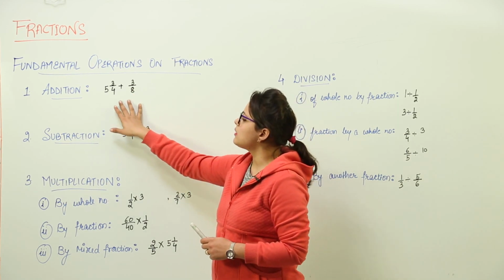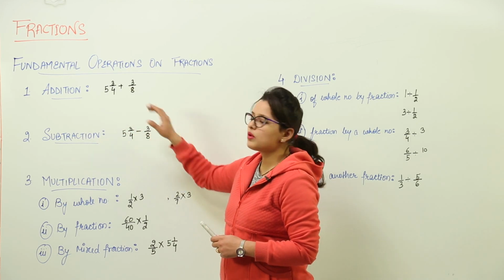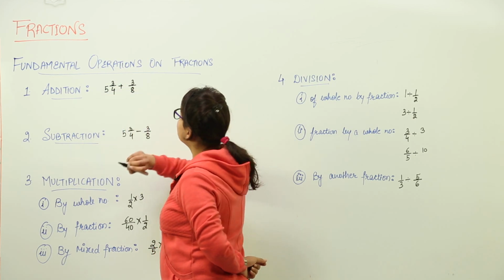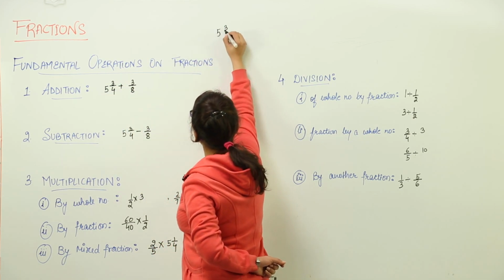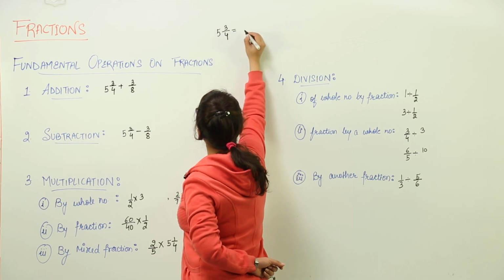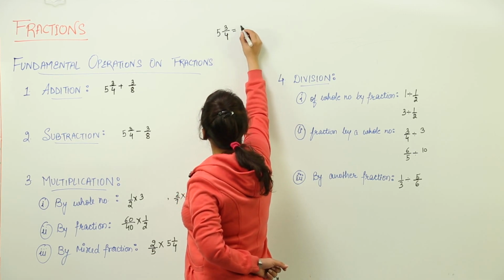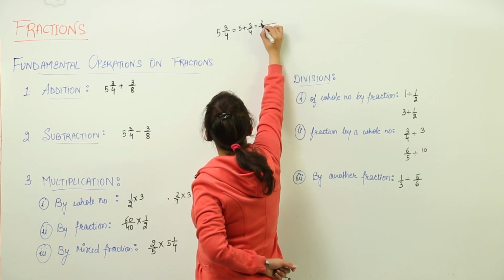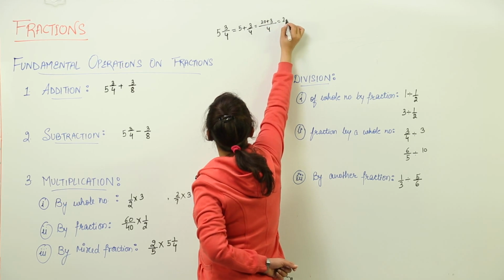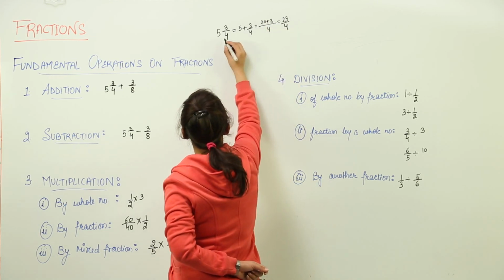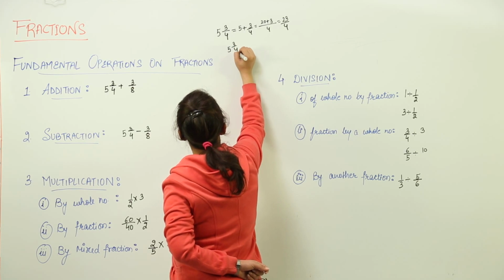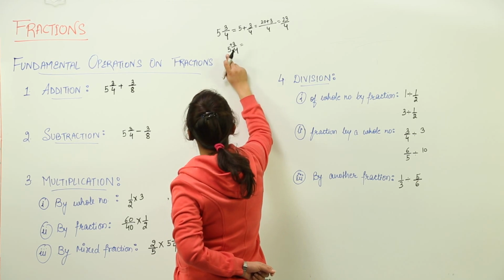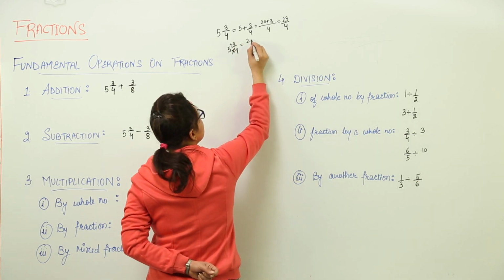Over here I have taken the example of a mixed fraction and a proper fraction. How to add them? First you have to convert this mixed fraction into a proper fraction. Now as we have learned how to convert this into a fraction, either you can actually do the addition. This is one way. You would get 4 as the LCM, 4 5s are 20 plus 3 is 23, and you get 23 over 4. Or otherwise the shorter method to do this is you make a multiplication sign and plus sign over here. That means 4 5s are 20, 20 plus 3, 23 upon 4.